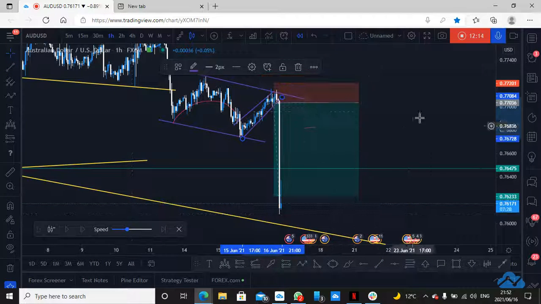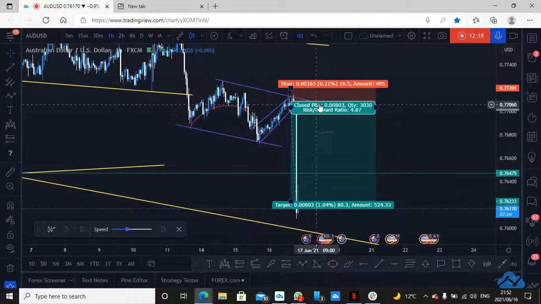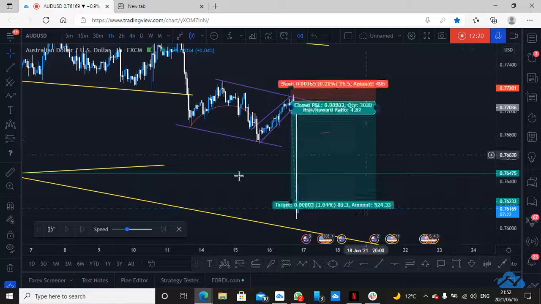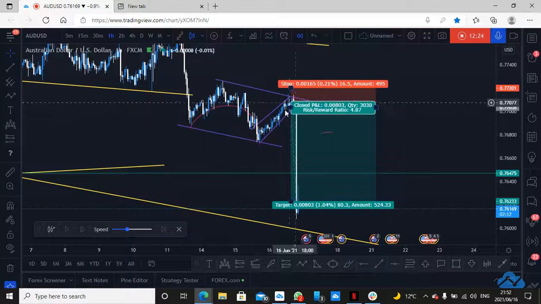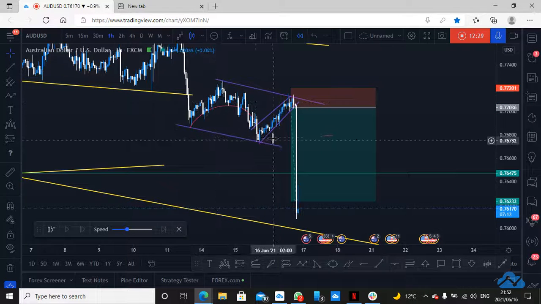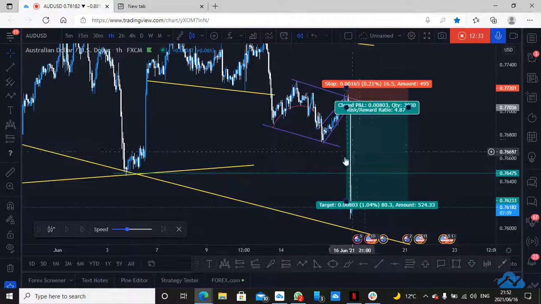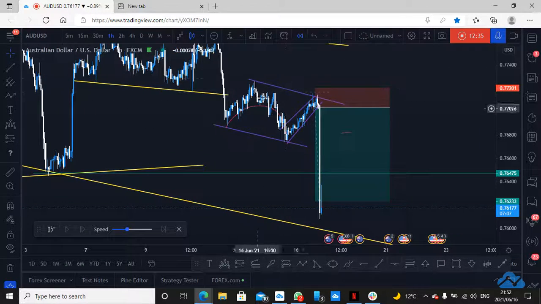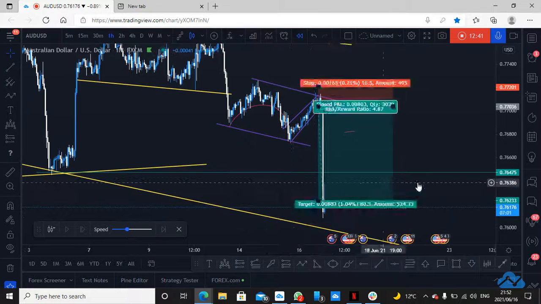Even before the news, I knew I was looking for a sell right at the break of that structure because this was a corrective structure. This is a bearish continuation structure, right? You see the way this flag is. This is a bearish flag, a continuation of course, but I wasn't expecting price to drop this low,